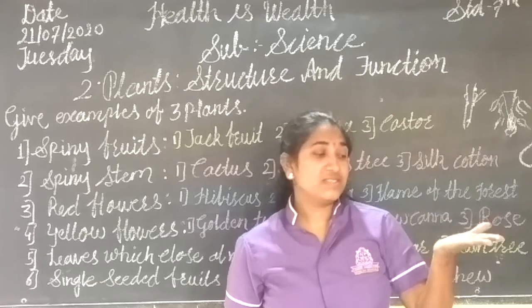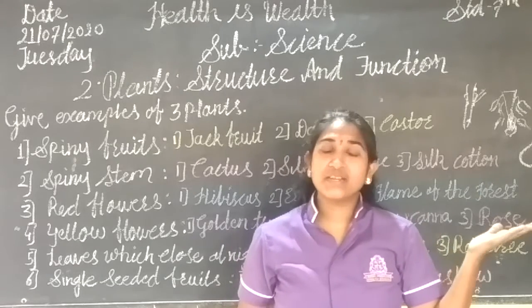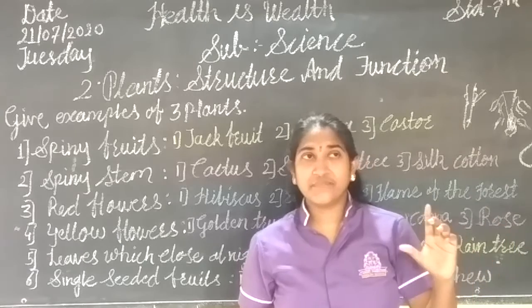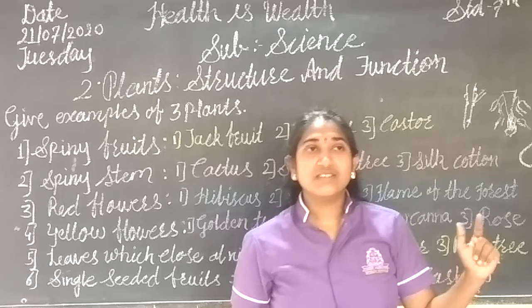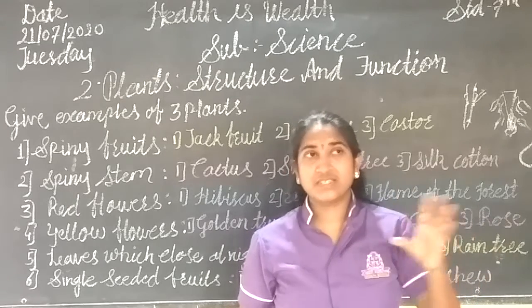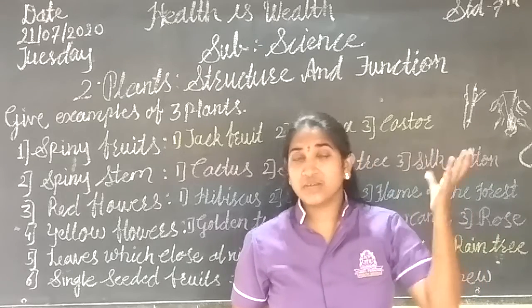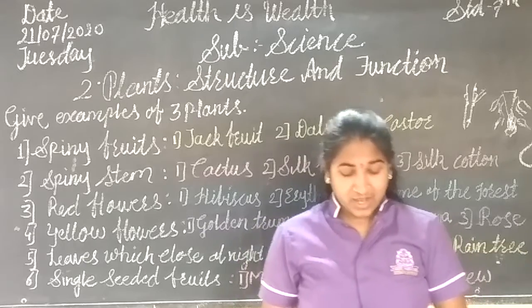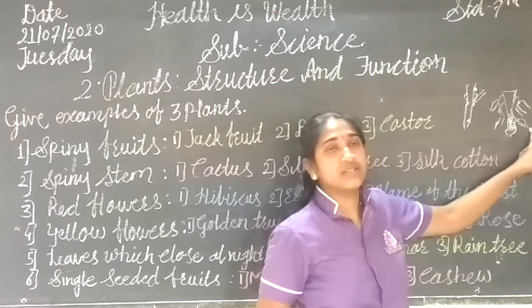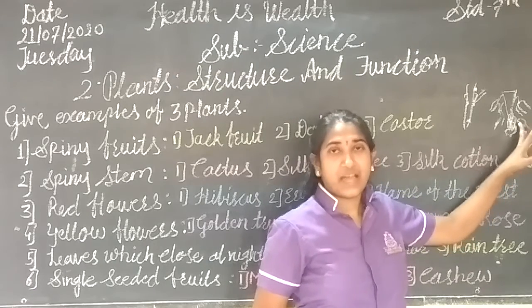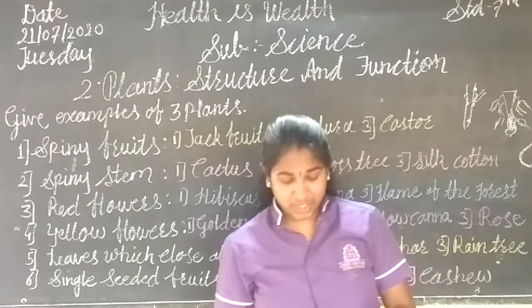There are different ones. See, we are many times observing the leaves. There are different shapes. Each leaf has a different structure, right? Some leaves are flat, some leaves are thin, some leaves are very small, some leaves are very big. In that also, the tip of the leaf, that apex, is also different. Some are pointed, some are tapering, and some leaves are rounded in shape.